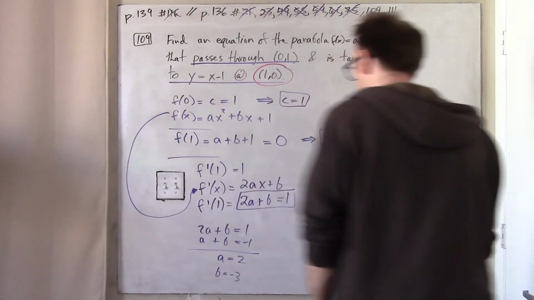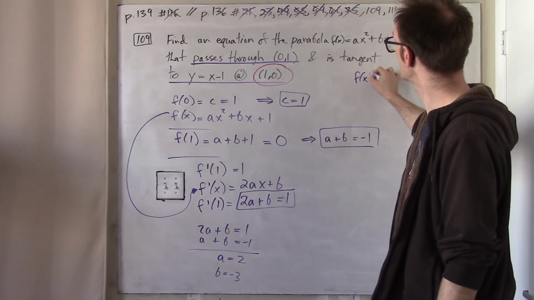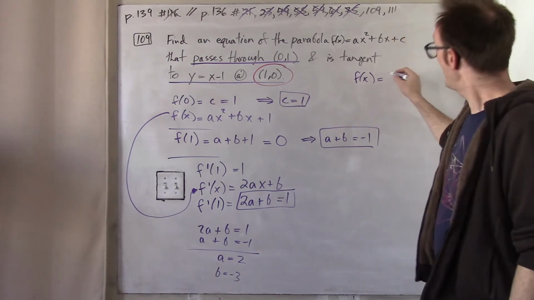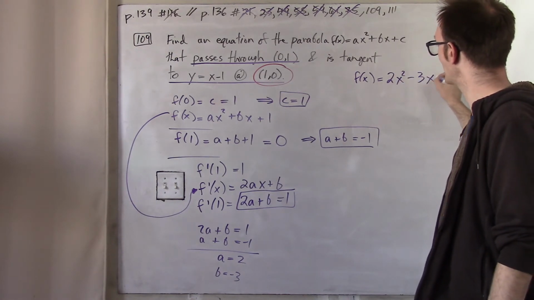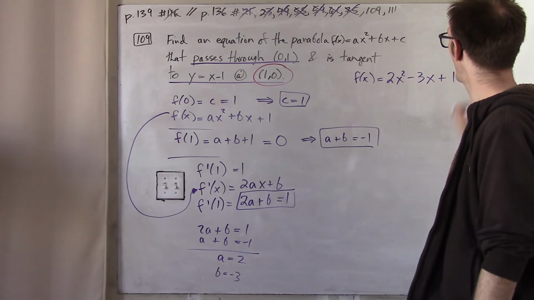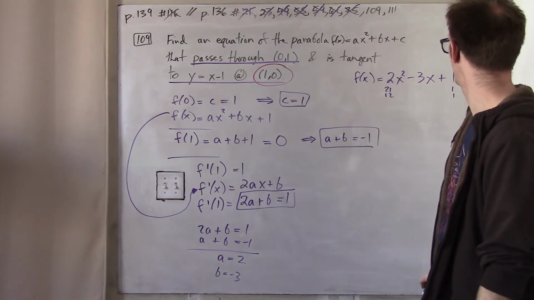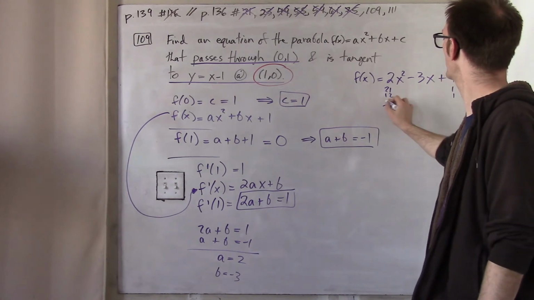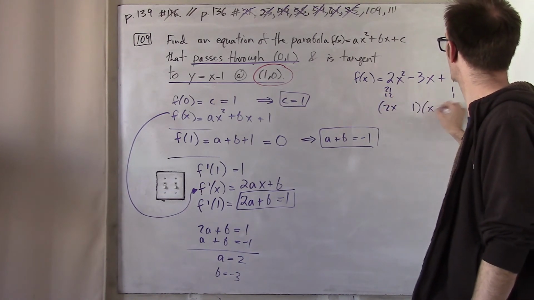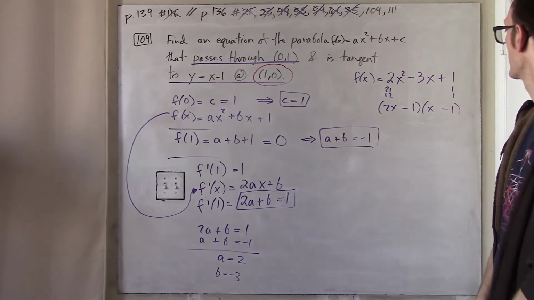Alright, so if I did that correctly, it means then that this function is 2x squared minus 3x plus 1. Let's see, does that factor or anything? I bet it does. And 2x, yeah, I guess it does. 1 x 1, 2x squared minus 2x minus x, yeah. So,